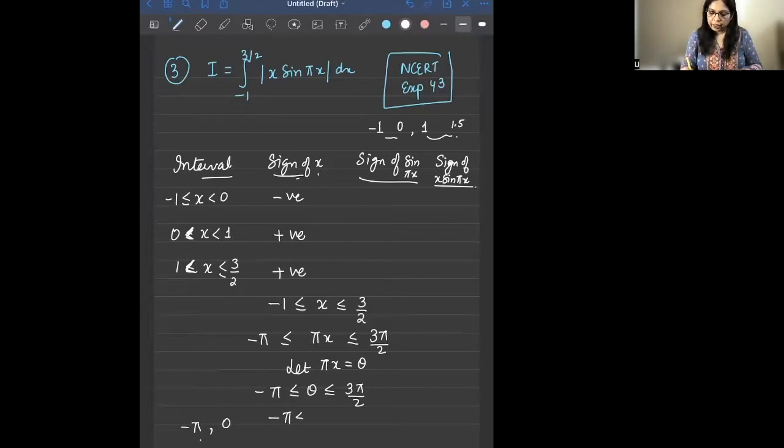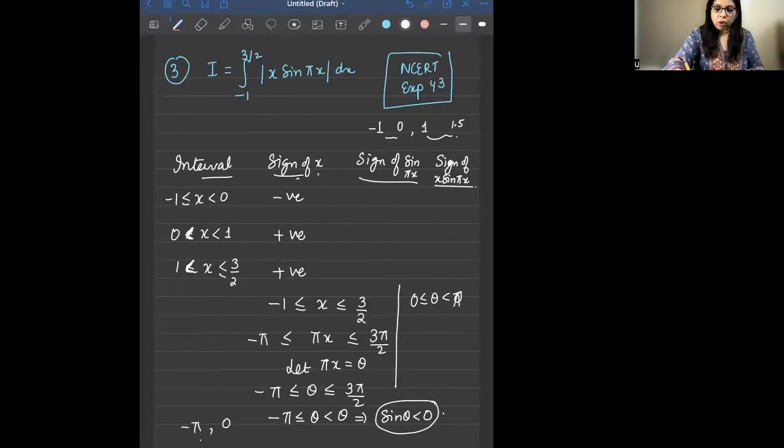तो फर्स्ट लेट अस चेक इन दिस थीटा लेस देन 0, इसमें साइन थीटा विल बी नेगेटिव, मतलब माइनस पाई टू 0 के बीच में इट विल बी नेगेटिव. उसके बाद लेट अस चेक बिटवीन 0 एंड पाई. 0 एंड पाई के बीच में क्या होगा,